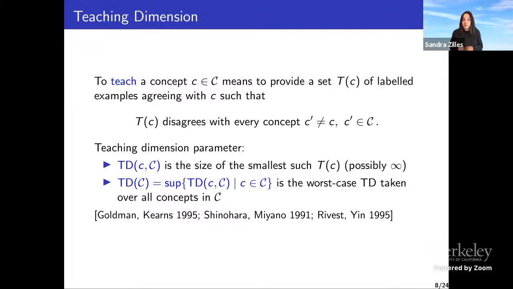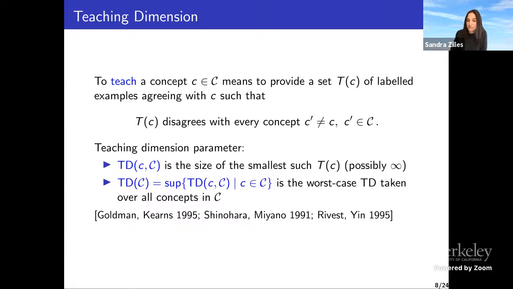Here, to teach a concept really means to provide a set of labeled examples, which we call a teaching set, T of C. All these examples are labeled correctly for C, so there's no noise. And that teaching set T of C has to disagree with all the other concepts in the class, so that it really uniquely identifies the target concept. There's a corresponding complexity parameter called the teaching dimension. The teaching dimension of a concept C with respect to the class C is simply the smallest possible size